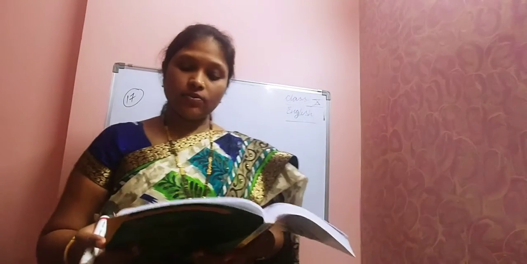Like this, you need to finish, children. So many exercises are there. That's what I am saying. Every day you need to practice. Next, page number 691. Fill in the blanks. Very easy one. Four options will be given to you. You need to choose the correct answer. That is one type.